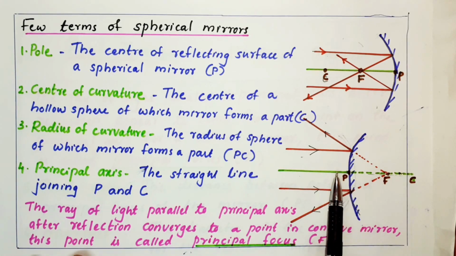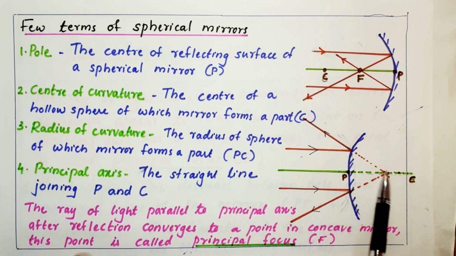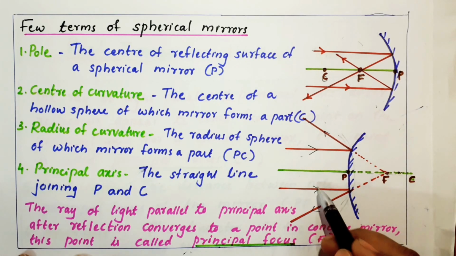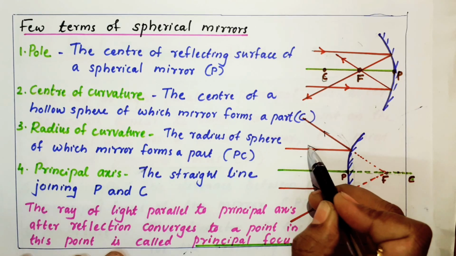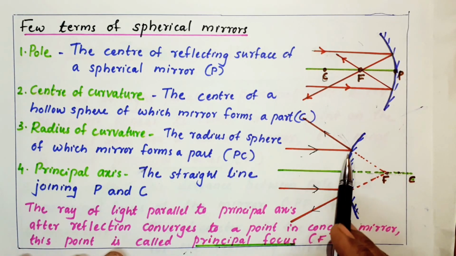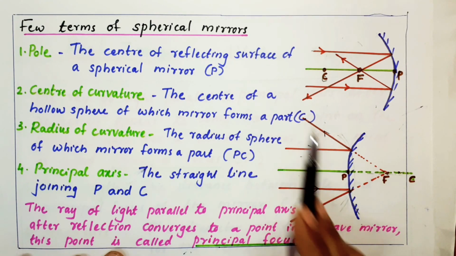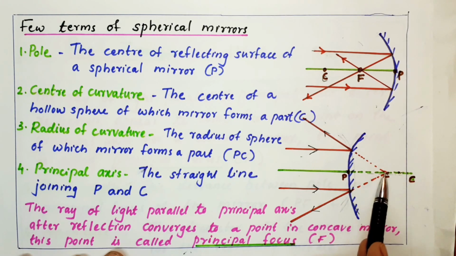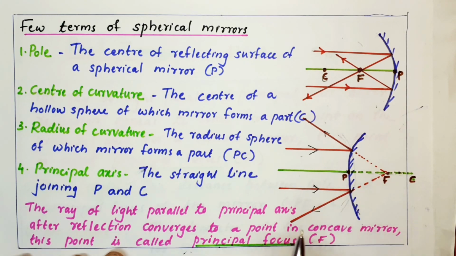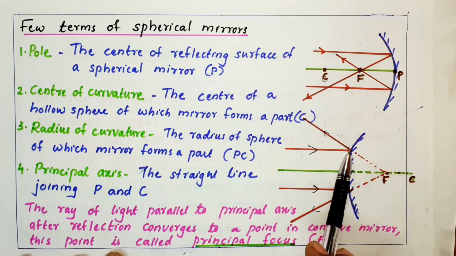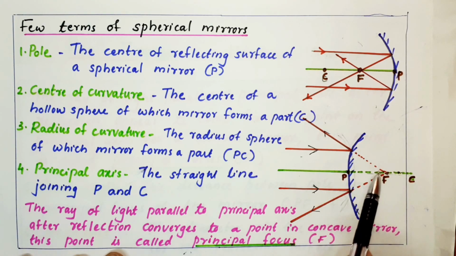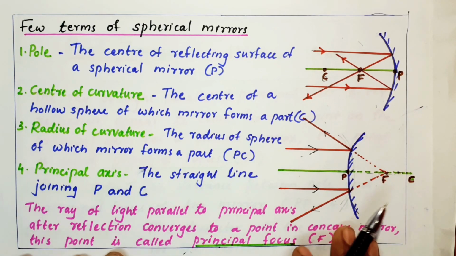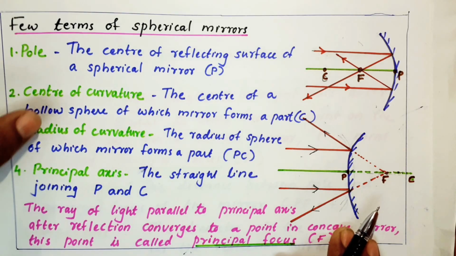But if you see the convex mirror, the light ray, we know that it cannot go like this. These two red color lines are also parallel to your principal axis. These two light rays, after reflection, go like this. Here also it is going like this. If you extend that reflected ray backward, it appears to come from a point. The reflected rays, if you extend them backwards, that's what I marked as dotted line. It appears to come from a point. That point is termed as principal focus.